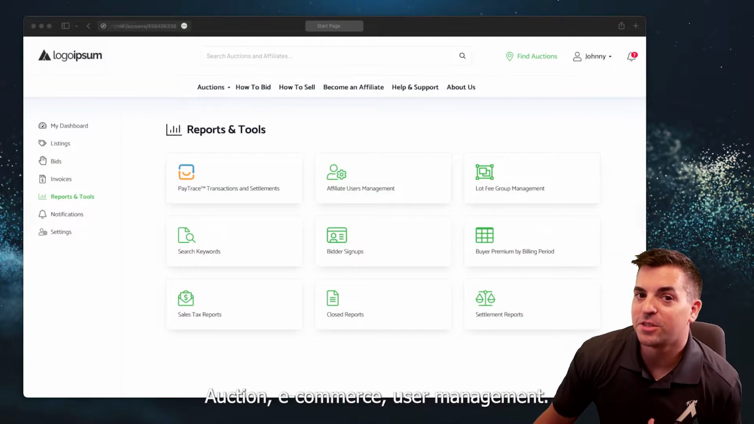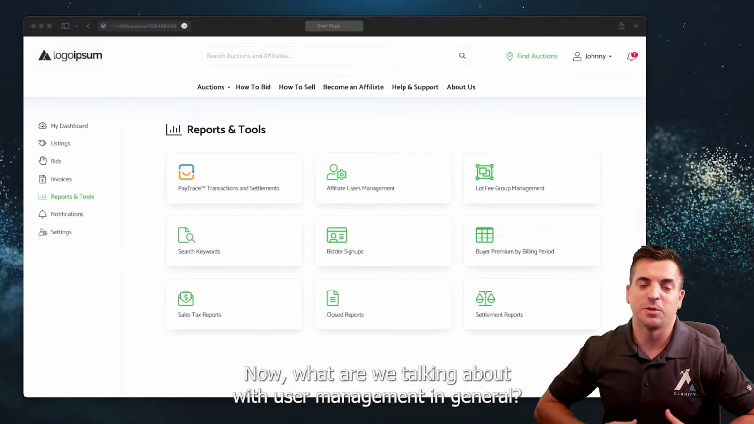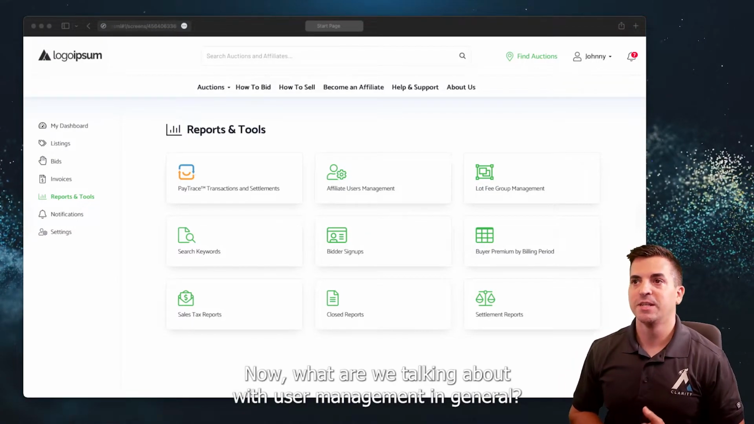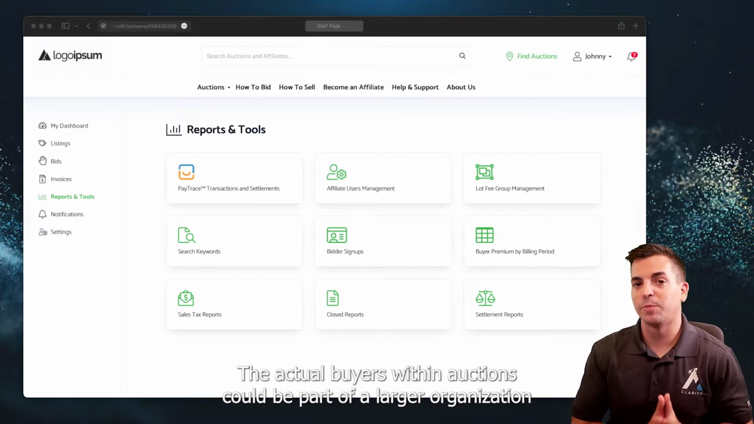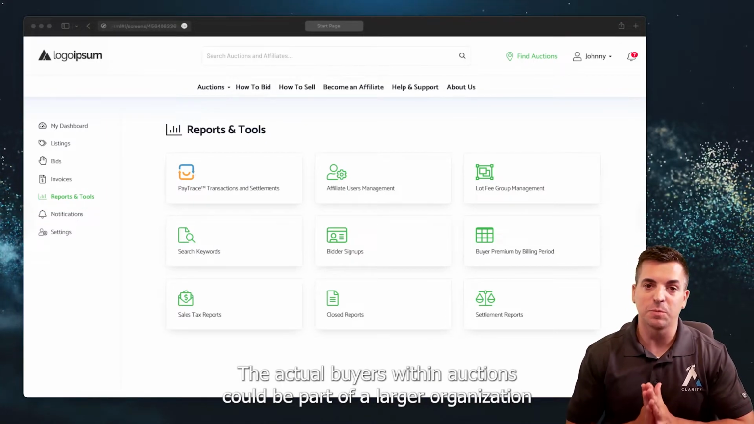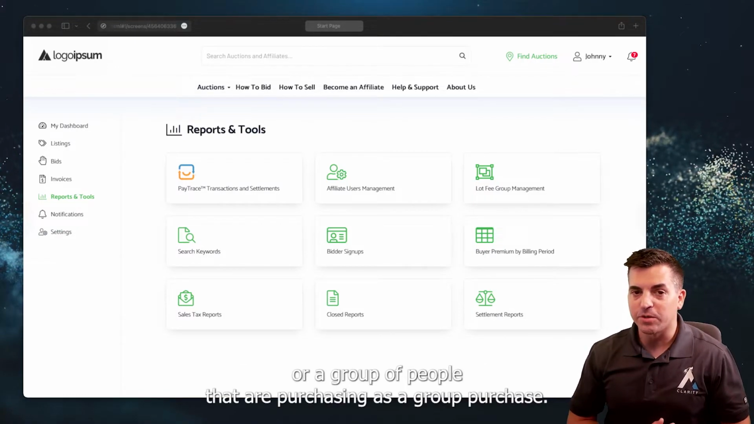Auction e-commerce user management. This is a pretty interesting aspect of auction e-commerce. Now, what are we talking about with user management? In general, this can be a lot of different things. The actual buyers within auctions could be part of a larger organization or a group of people that are purchasing